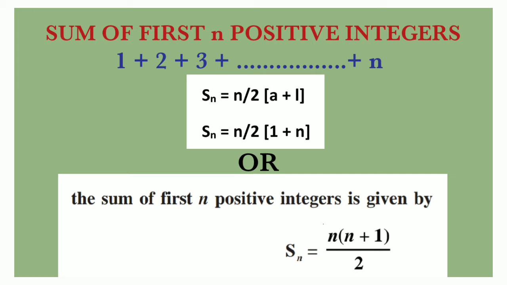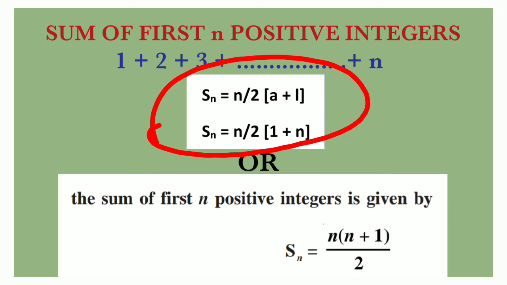Then we have to introduce one more formula, how to find the sum of first n positive integers. n positive integers means 1 plus 2 plus 3 plus etc., plus n. So the starting number is 1. Okay, the end number is any number. You can take any number instead of n, but the starting number is 1 plus 2 plus 3 plus etc. Okay, this way how to find the sum of positive integers.